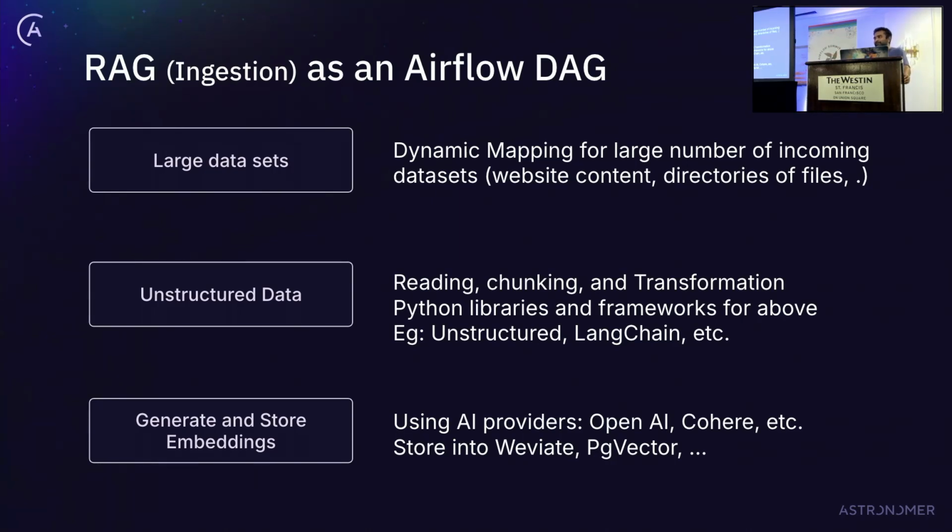You don't want to run sequentially if you have 100 different S3 files, so you would utilize dynamic task mapping for that. Your data might be structured or unstructured, so you can use the unstructured library directly if you are familiar with it, or you can use LangChain. LangChain is also very popular. With the Python SDK or Python TaskFlow API, you can utilize LangChain over there